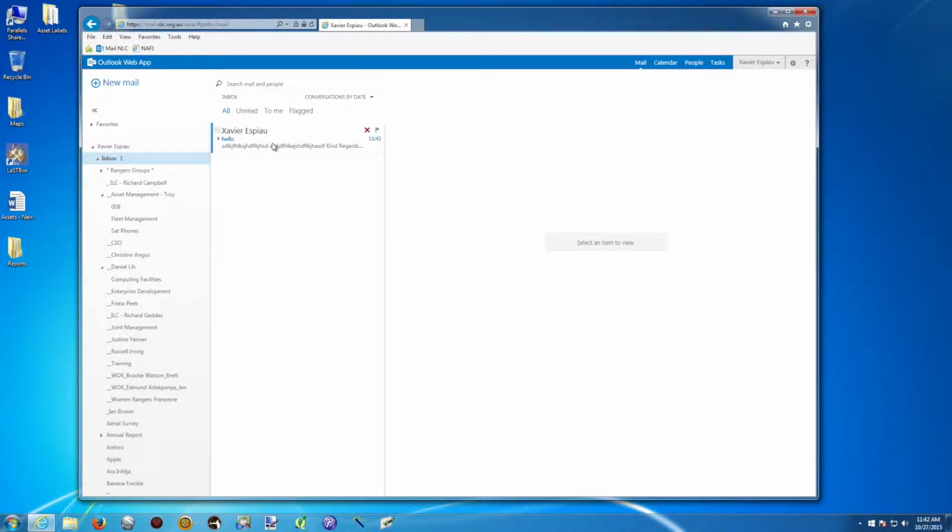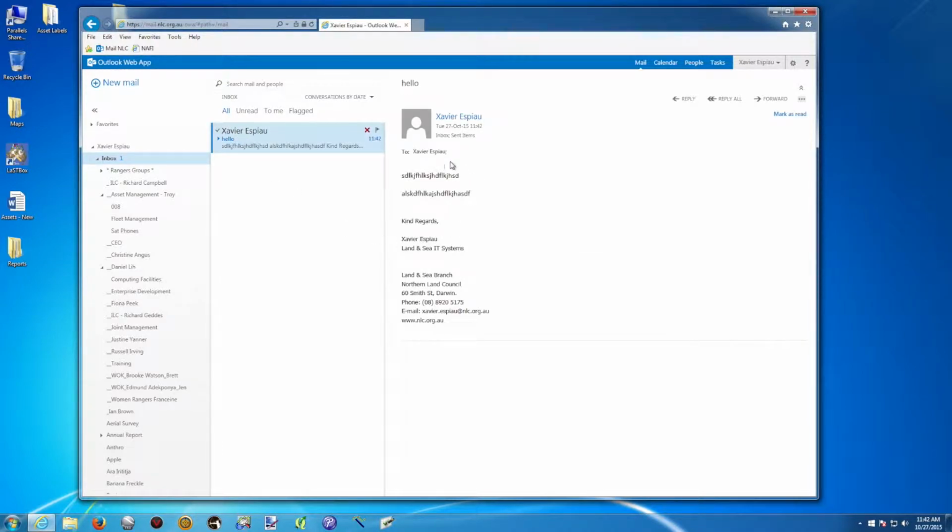And I've just received the email that I sent to myself, so I can see that it's in blue here. If I do a left click on it, I will see that I've received an email right here. So let's have another look if you want to go a little bit further. I'm just going to create another new email,